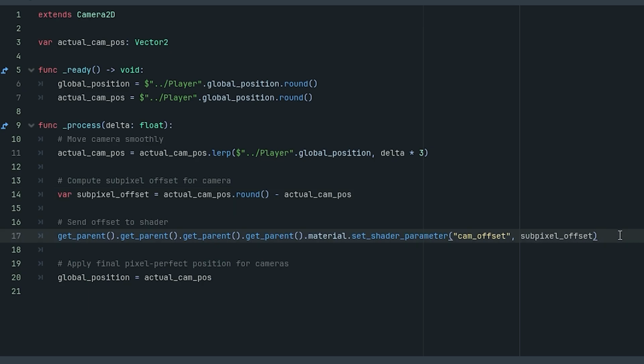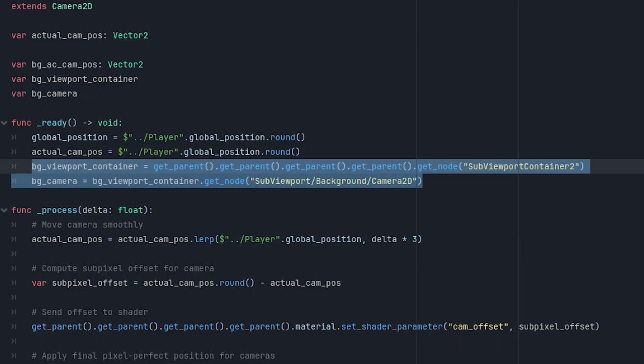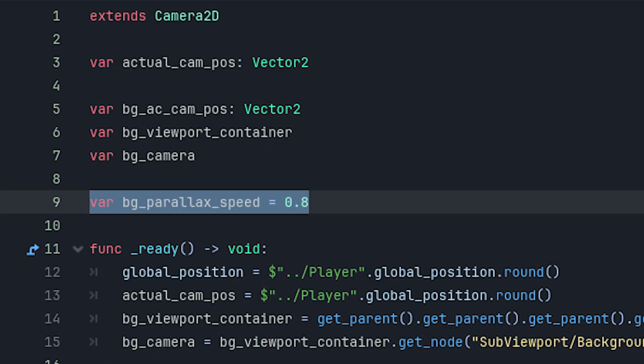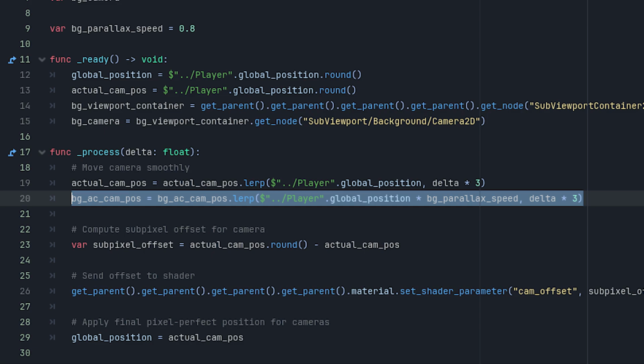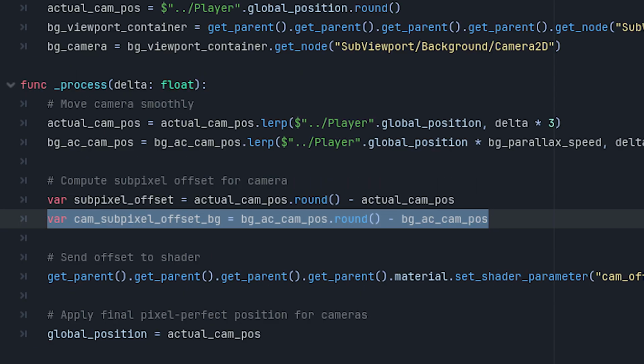That sounds a little complicated, but to show you how easy it was, for the background parallax layer, I literally just had to get a reference to the camera from the background scene, define a rate of speed for the parallax layer to move relative to the main layer, moving the background scene camera smoothly, the same way we move the game scene camera, but we'll also use our new rate of speed to achieve the parallax effect,